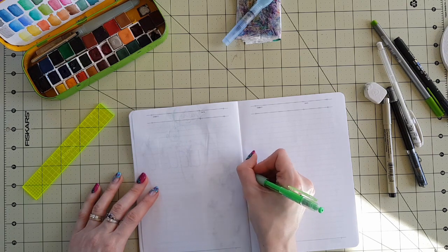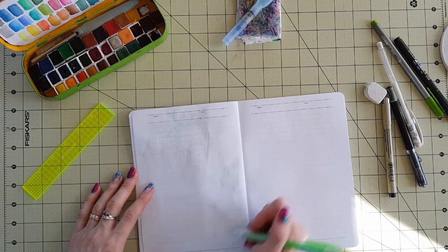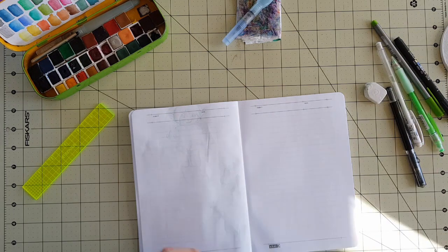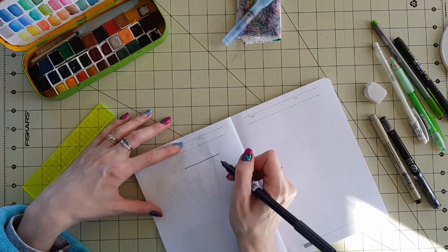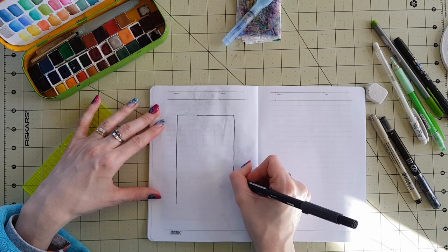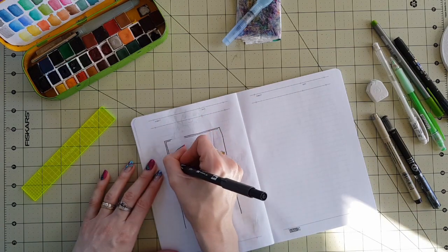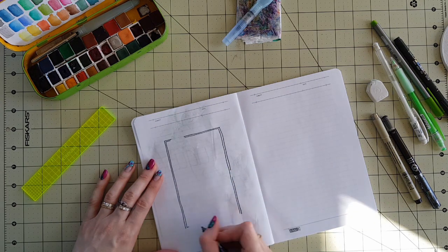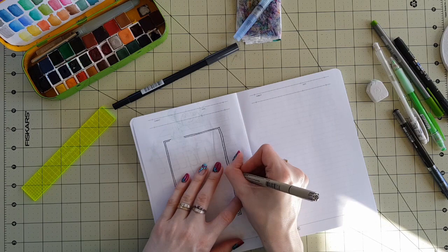So you can't really tell from the sketch, but it's actually going to be Link from The Legend of Zelda and his little fairy Navi. You can kind of see it. I'm a big Nerdy Girl fan, and Link is one of my all-time favorite characters, if not my all-time favorite character. Oh, it's going to be a close call between Link and Pikachu, I would have to say. The downside of Pikachu is that he's yellow, so I don't draw him as much, but he's easier to draw,